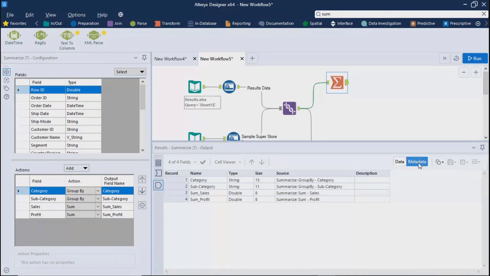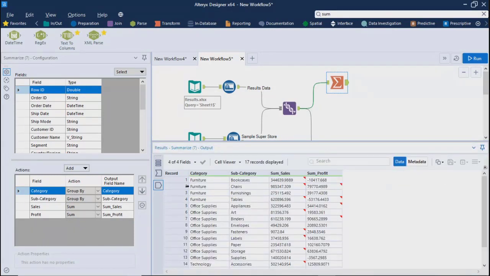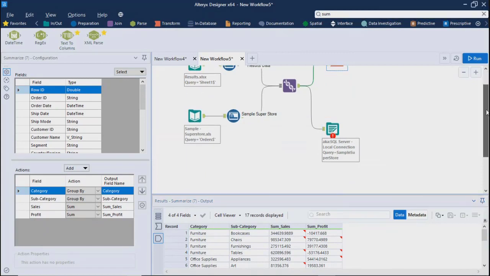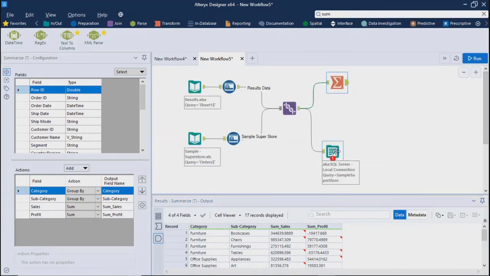So it is the metadata. I'll just look into the data. It's your category, subcategory, sum of sales, and sum of profit. It gave you the result in this format, which ran successfully. Now let's look into the error which we got because of this control, which earlier ran successfully but now gave the error.